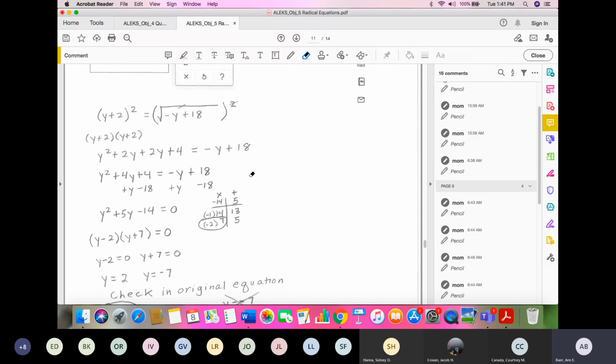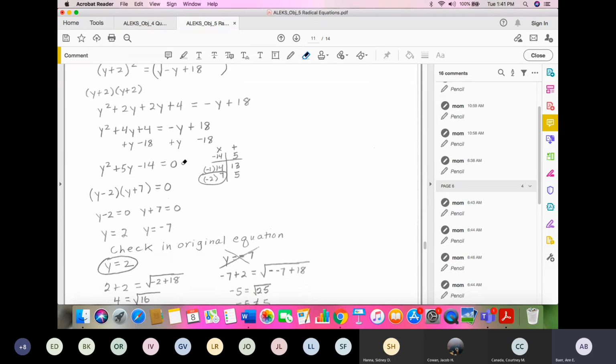So we want to get everything on one side, and we want a positive leading coefficient. So that highest power term is this square term here. So let's move these guys. Opposite of subtraction, addition. Opposite of addition, subtraction. So that will give us this, and we had to do that on this side too. You see a plus y here, minus 18 here. That will give us a 0 on this side. It will give us a y squared. 4y plus 1y is 5y. 4 minus 18 is minus 14 equals 0.